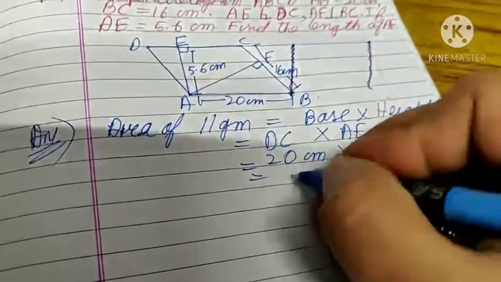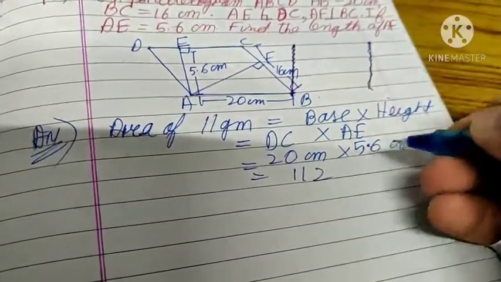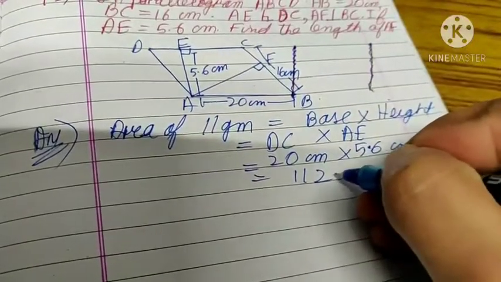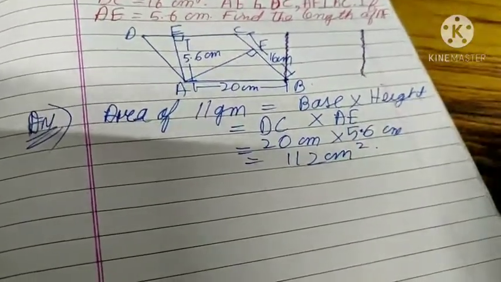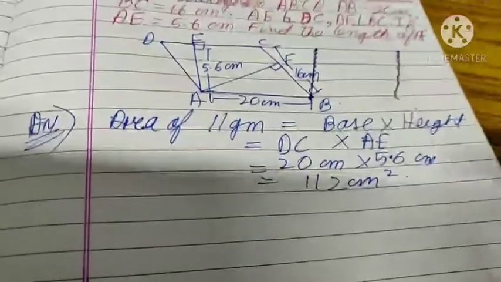Okay, it is 112 centimeter square. This is the area of parallelogram ABCD. Okay, so